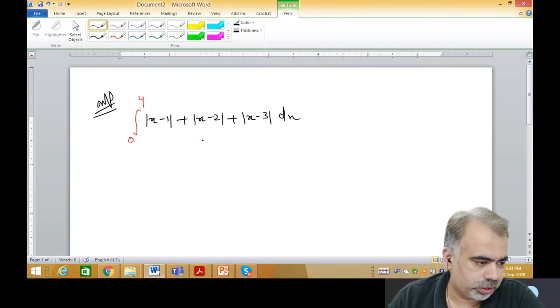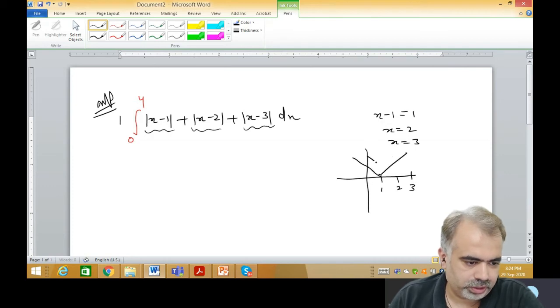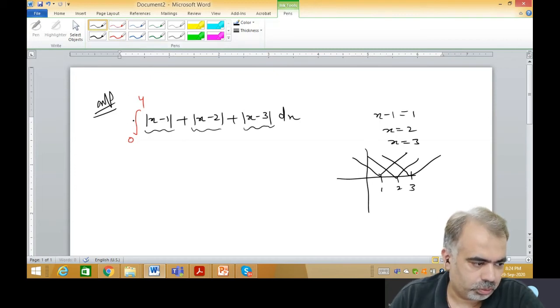What you have to do for this question, again, now there are 3 modes, right? So first of all you have to calculate the cut point of every mode. So the cut points are 1, 2, 3. So very quickly we will draw the graph. 1, 2, 3. You have to create a V and V, and after creating this V, now you have to mark from where to where we have to integrate, from 0 to 4. So I marked 0 to 4. We have to take this 4 point also. So how many regions are created? One region is this, another is this, another is this, and another is this. 4 regions: from 0 to 1, 1 to 2, 2 to 3, and 3 to 4. We have to calculate 4 regions.